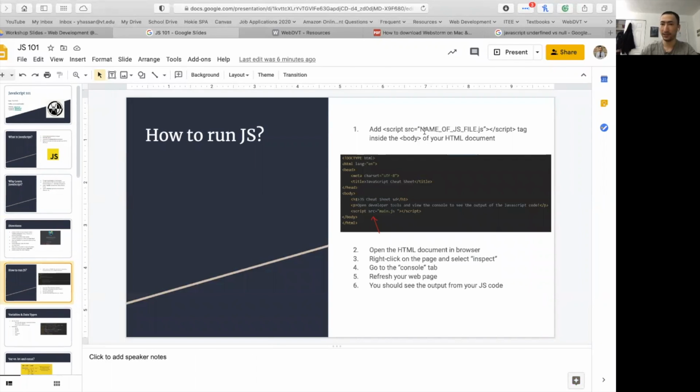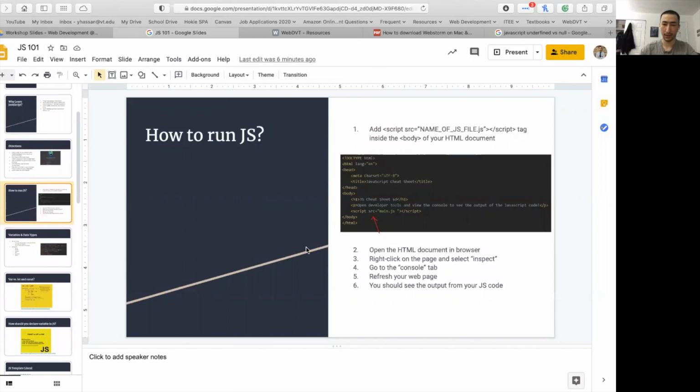You basically need to have an index.html file, and then you can either include a script by specifying the path of the file, or just include a script and put your JavaScript code directly inside this script tag. And then you can go to your browser, open up your HTML document, go to your developer tools and go to the console tab. And then you should see the console log